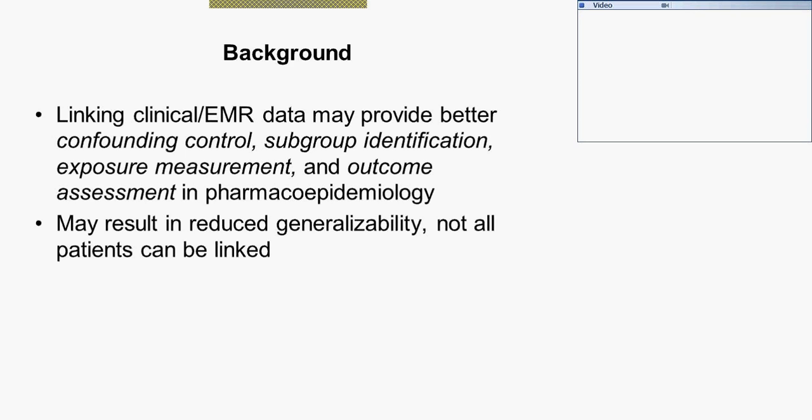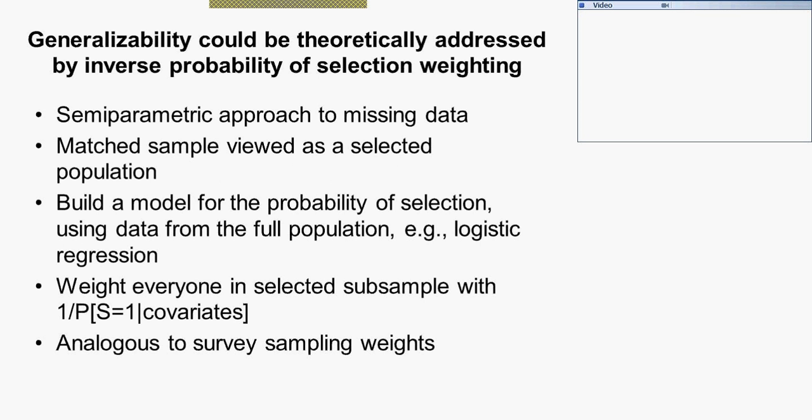One potential limitation, and I just started thinking about this recently, is generalizability, right? We have data on this relatively select subgroup of patients who have both clinical data and linked claims data, and they may not be representative of the overall population that we're interested in. I'll talk a little bit about a method that we've been playing with. It's nothing new, but this application I think is new. I may address that, and I'll talk about some of our experiences that I think may be relevant to you in this database. So essentially, we propose to use what's called inverse probability of selection weighting